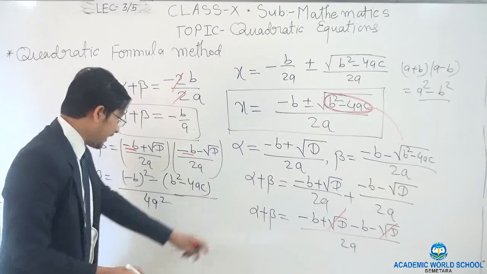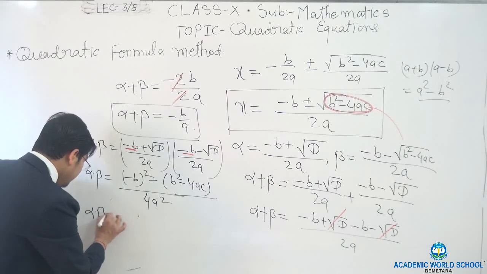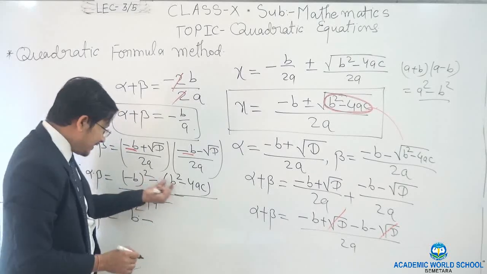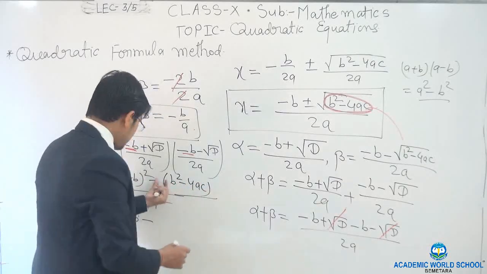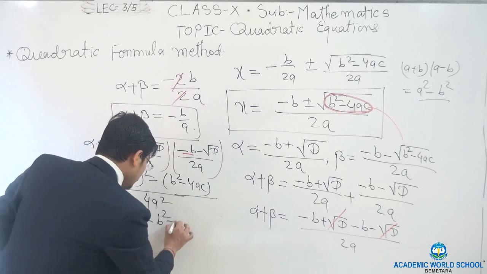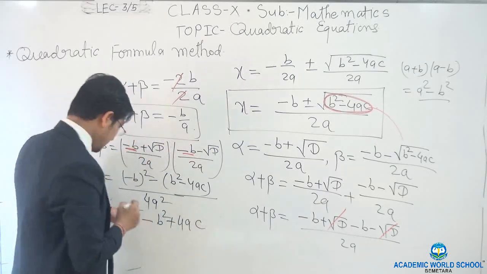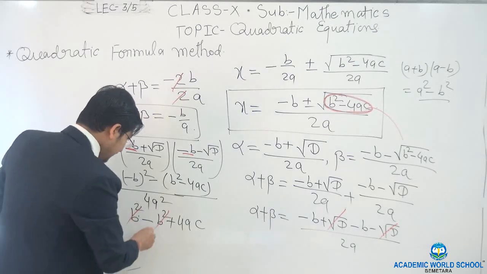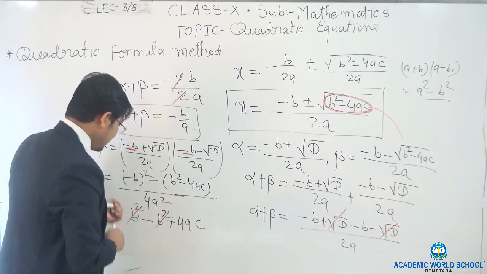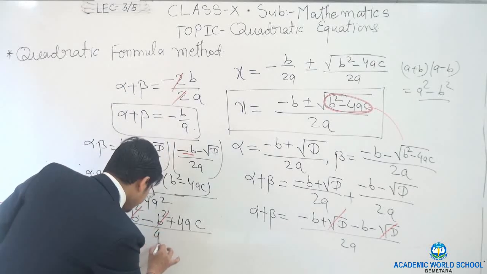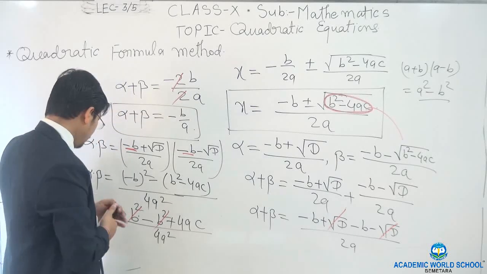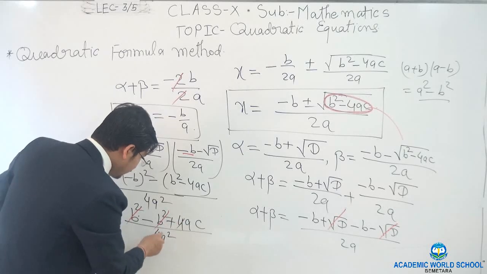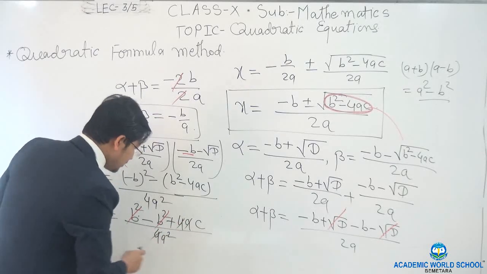Now we are going to open the bracket. So this will be alpha into beta is equal to minus B square will be B square. Then opening the bracket, sign will be changed. So this will be minus B square and this will be plus 4 into A into C. So now minus B square plus B square will be cancelled out. Okay. So now 4AC and this side upon 4A square. So alpha into beta. Now this 4 will be cancelled out. A will be cancelled with A. So now C upon A.